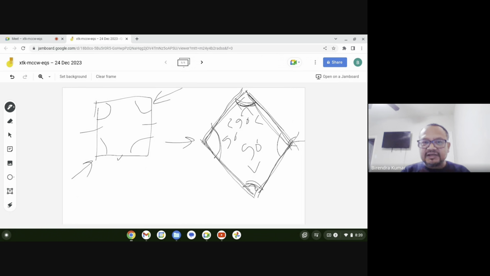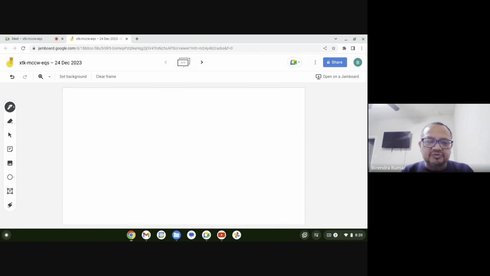Now tell me conceptually, and there are a few more to it, but we'll go to that later. Tell me, do you know the difference between area, surface area and volume? What is area, what is surface area, and what is the volume? Or let's talk about area and volume first, then we'll go to surface area.